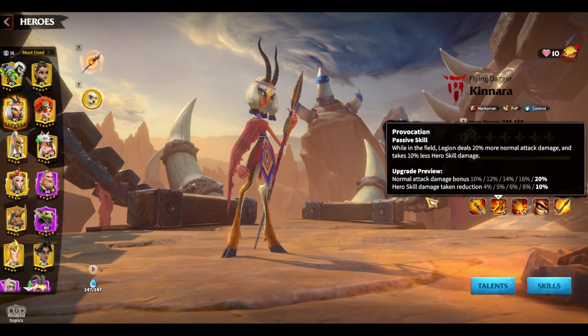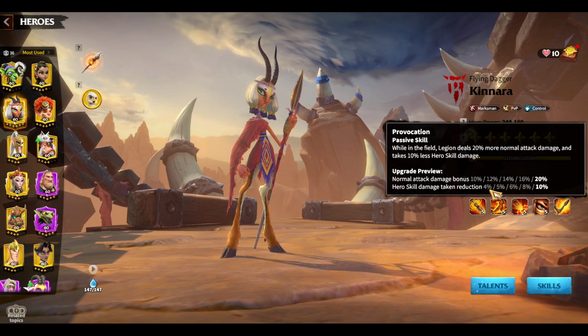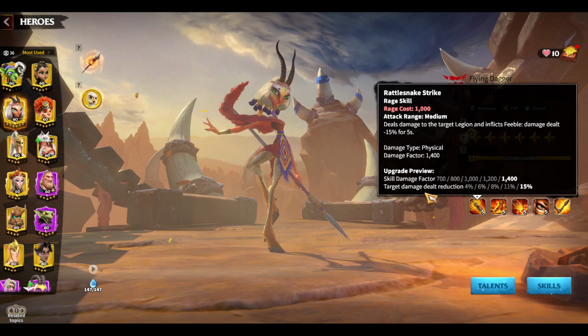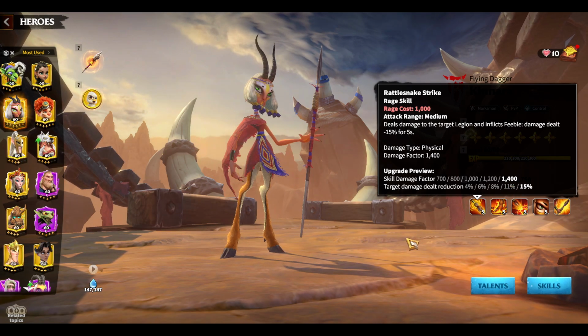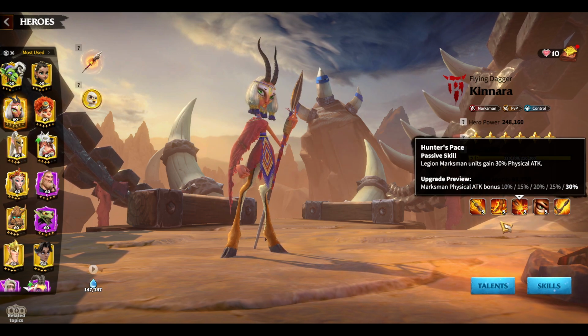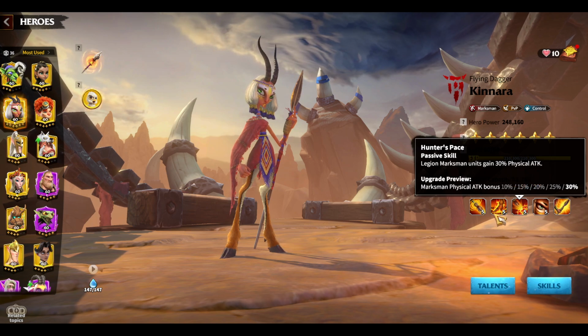And the second skill, the normal attack damage bonus is kinda useless, but the tankiness, hero skill damage taken reduction, is quite good, right? And plus, here we are getting target damage dealt reduction, which makes us pretty tanky, especially in one-on-ones and in some war situations. The third skill is like a pure physical attack skill, which is especially great during the beginning,